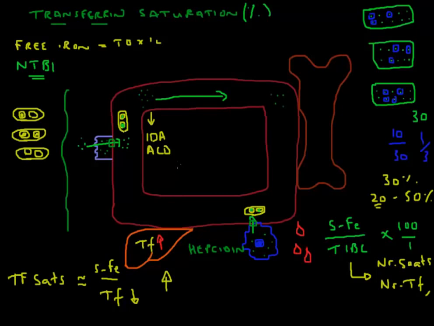If you have anything that would affect this ferroportin molecule, such as a mutation, there's for instance a mutation that would affect the ferroportin molecule so that iron that is recycled by the macrophage from red blood cells can't get back out into the circulation. It's sort of stuck in the macrophage. Now that kind of ferroportin mutation, let's just write that here, ferroportin, I'm just going to say mutation, will also lead to a decreased transferrin saturation